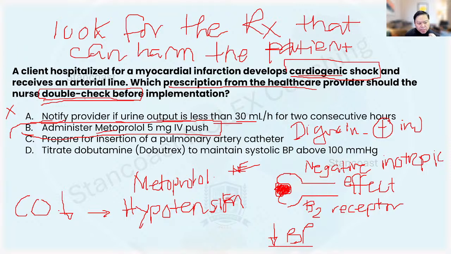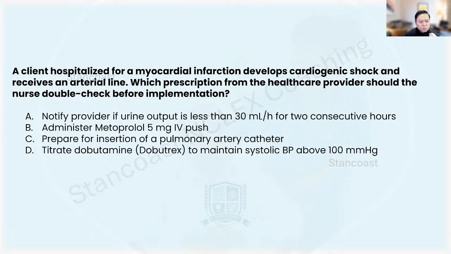let me erase this because it's getting messy. What about letter C? Prepare for insertion of a pulmonary artery catheter. Do you think that this is a bad order? Is this an order that could help the patient, or is this a bad order? Well, the insertion of a pulmonary artery catheter, or known as the PAC,